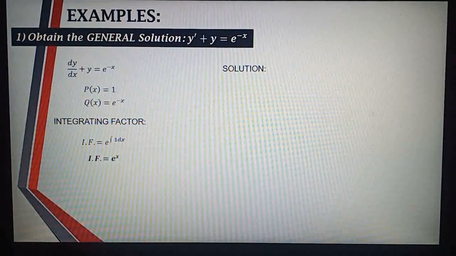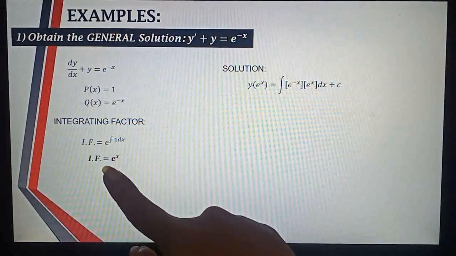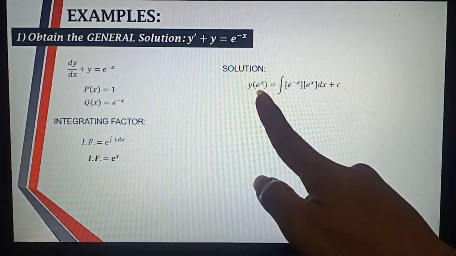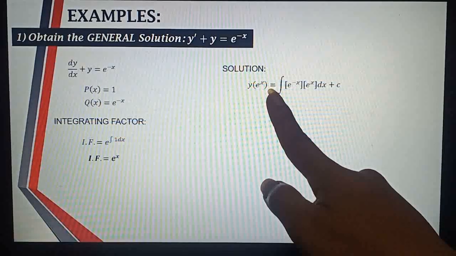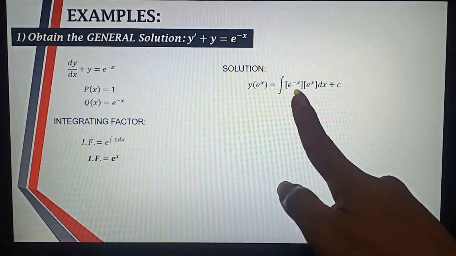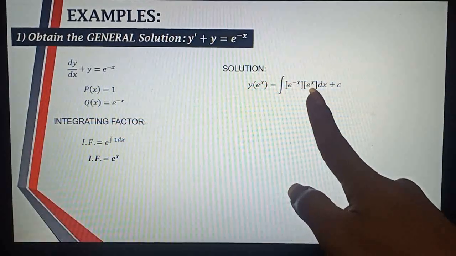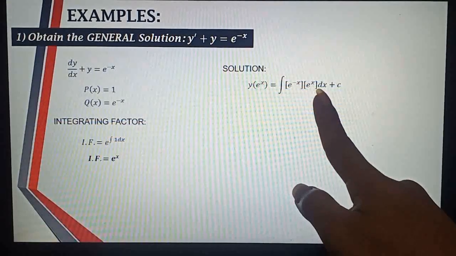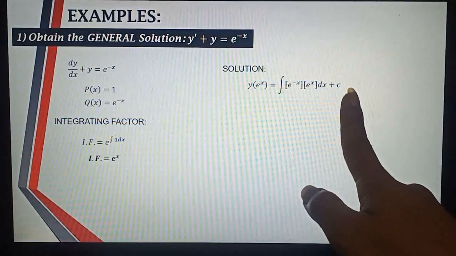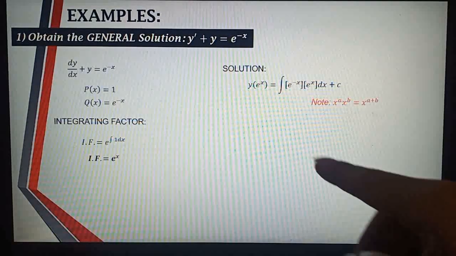So the solution for this is y multiplied to our integrating factor, which is e raised to x, equals the integral of your Q of x, which is e raised to negative x, multiplied to the integrating factor, which is e raised to x, multiplied to dx, plus c. Now, simplifying this area,